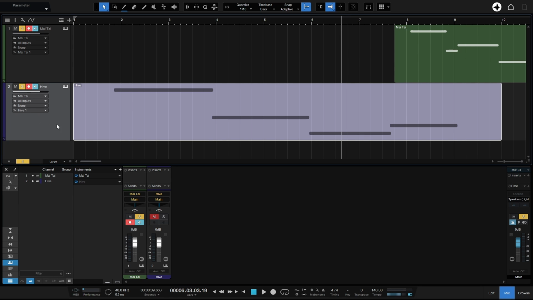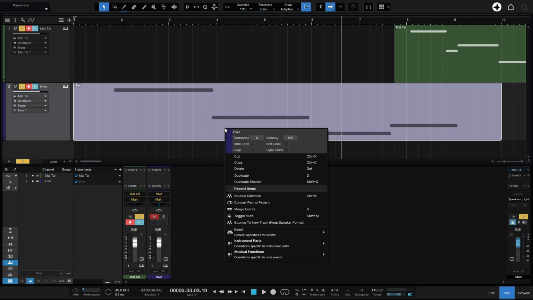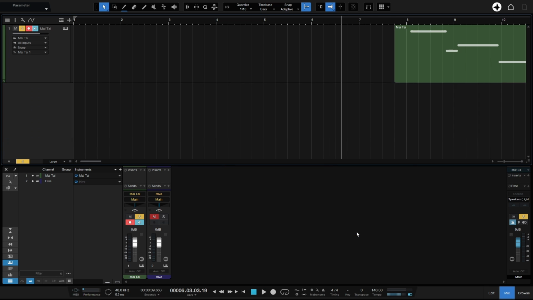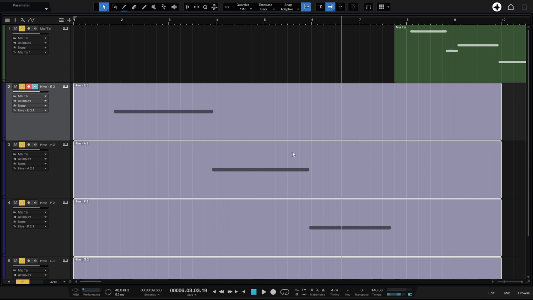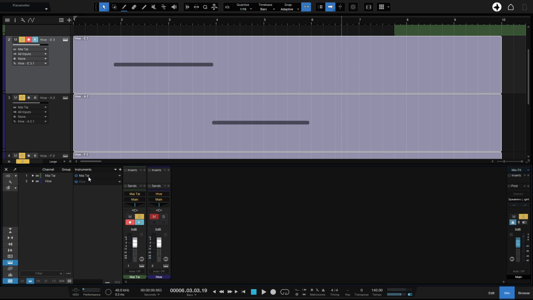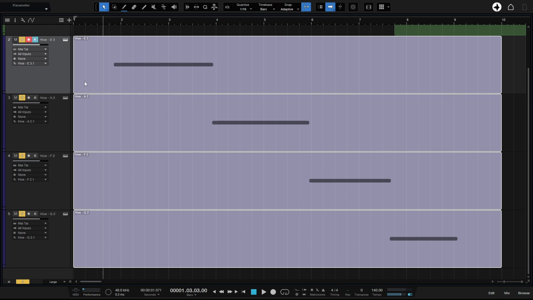And to further display the differences between the instrument tracks and the channels, I'm going to right click on our MIDI part here, and let's come to our instrument parts, and we can see we have explode pitches to tracks. So I'm going to click once on that, and let's close out our mix console. Now we can see all of those individual notes have been broken out to different instrument tracks, but you can see at the top they're all directed to that one single Multi. If we open up the mix console again, we can see we only have one Multi instrument. We'll close that out, and then if I play this back,